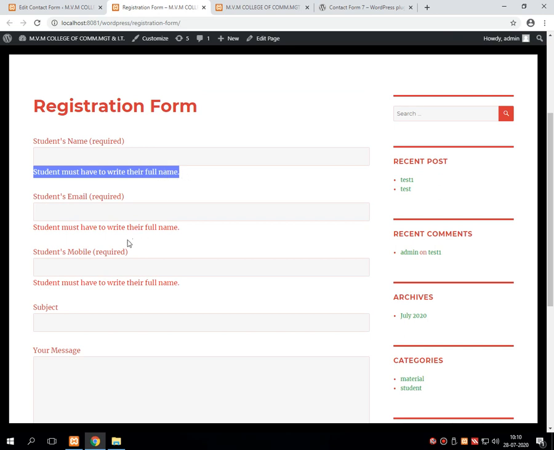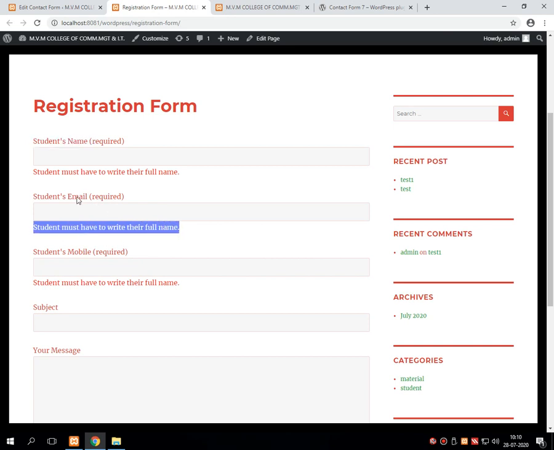But what happens? It also displays the same message for email, and it also displays the same message for mobile. Generally, over here this is correct for this particular field, but for the email field we need to write "Student must have to write their email address," and likewise for the mobile number.